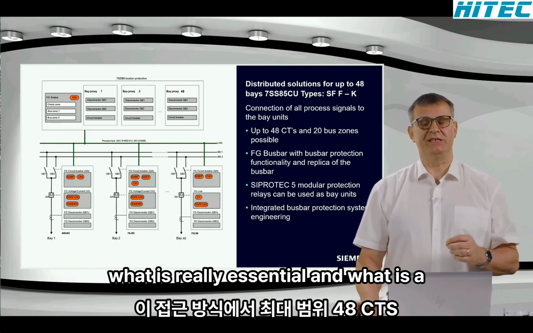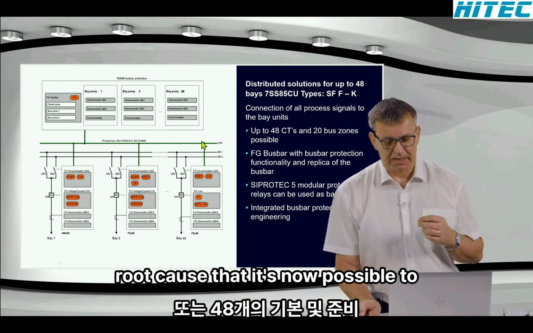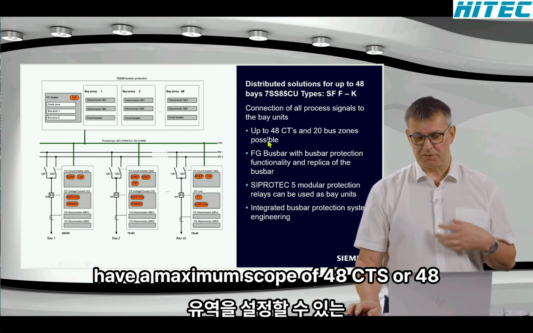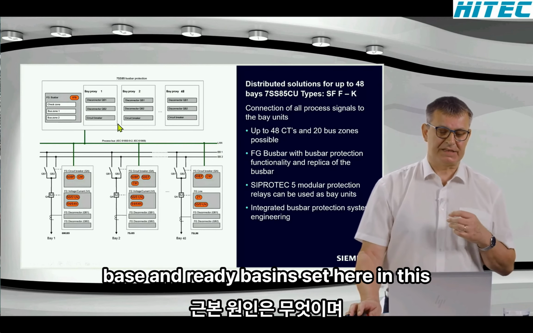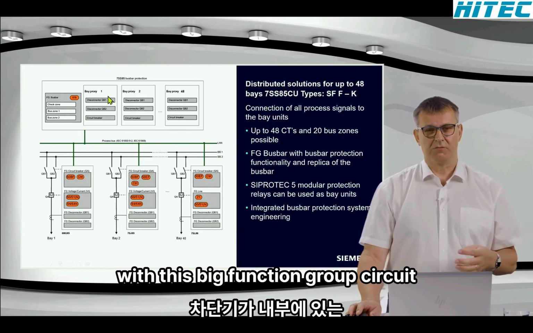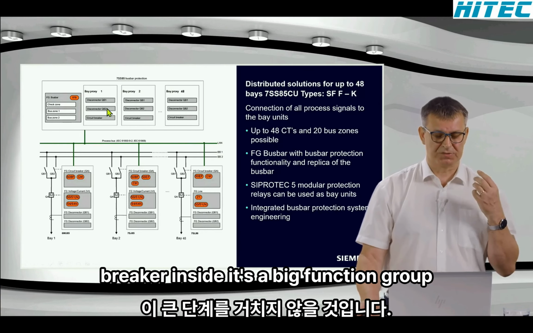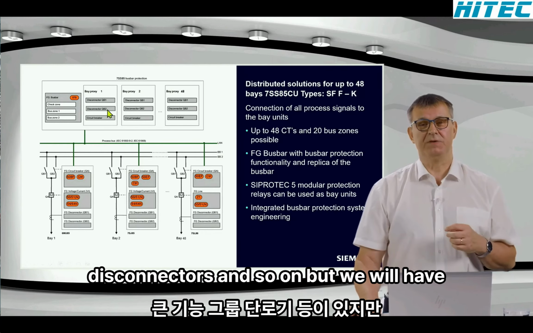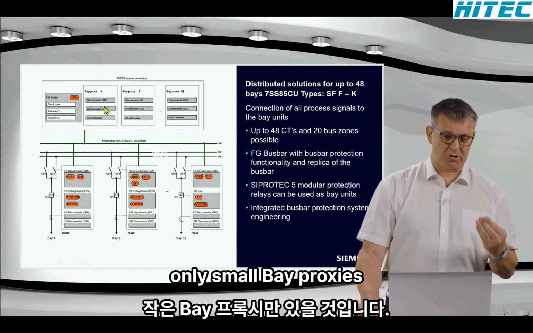What is really essential and what is a root cause that it's now possible to have a maximum scope of 48 CTs, 48 bays and 20 bus zones, is that in this approach we will not have this big bay with this big function group circuit breaker inside, the big function group disconnectors and so on, but we will have only small bay proxies,